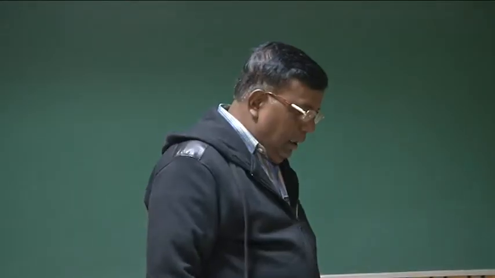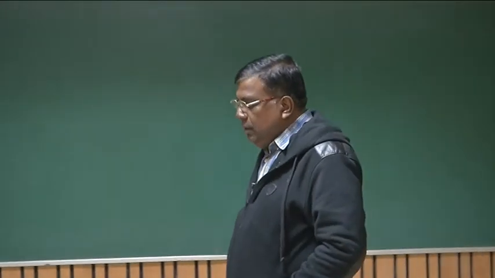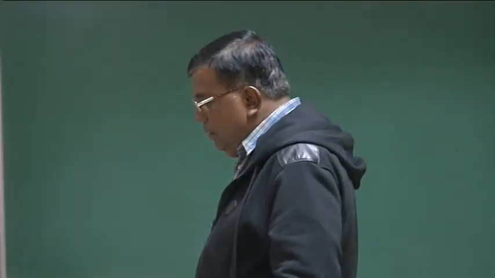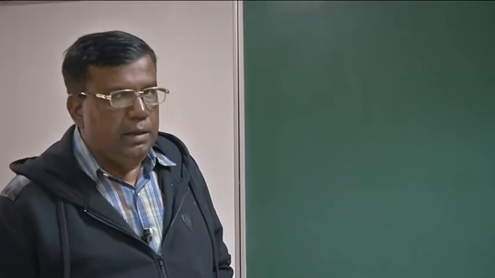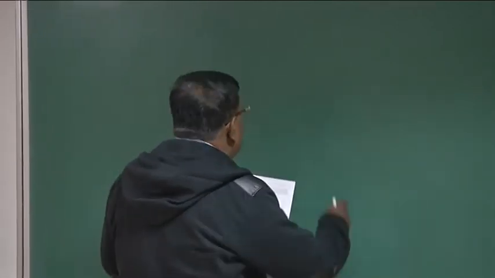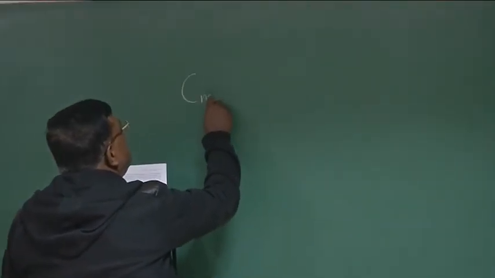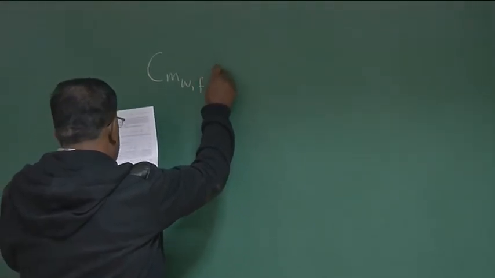We are trying to understand whatever in our theory class we have explained regarding stability of airplane, that is static stability in particular, and more specifically stick fixed static stability. And what was the problem? We solved a problem where we said there is a configuration, wing and fuselage, whose Cm